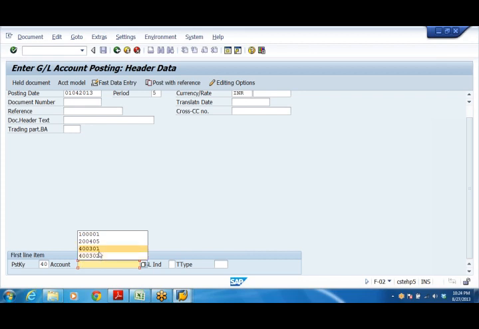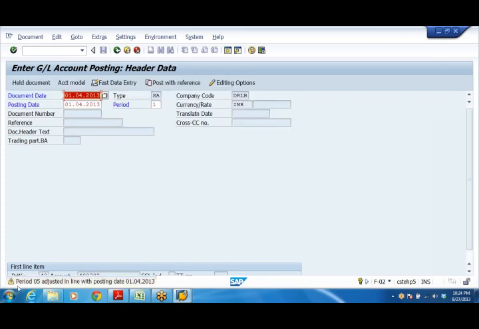Say office rent 400,302. Telephone expenses account this is. Press enter. System gives a message: Period 5 adjusted in line with the posting date 1/4. See, automatically by default it has taken 1. So since we have taken the posting period, posting date and document date 1/4, system shifted immediately to first period.